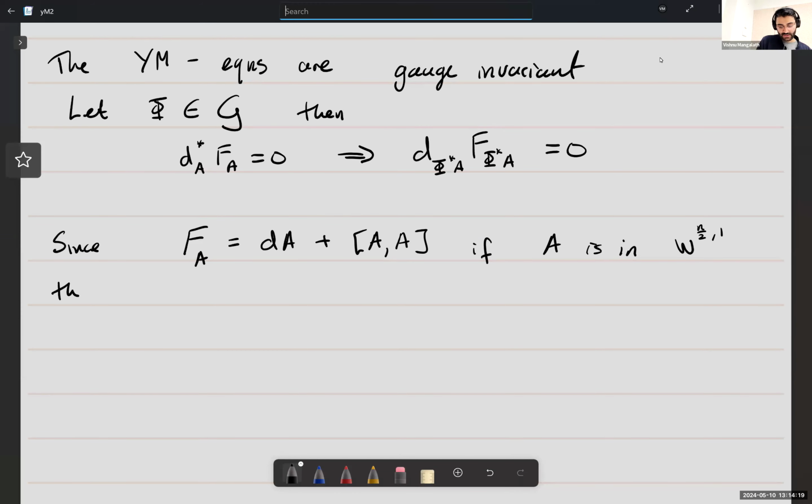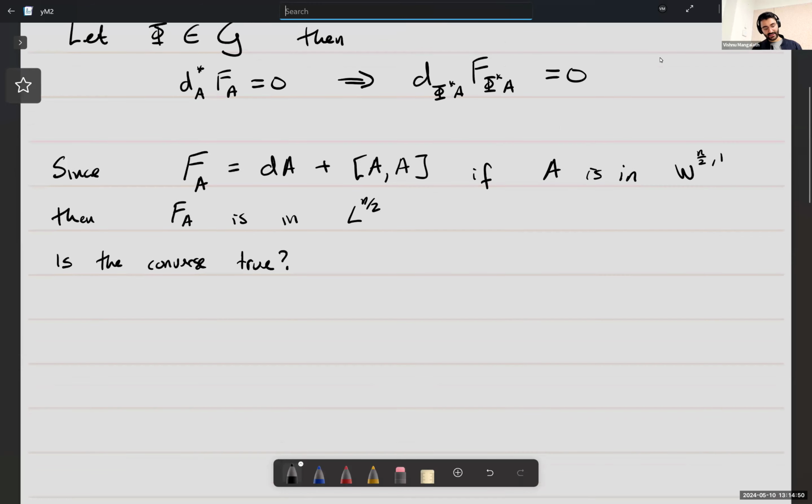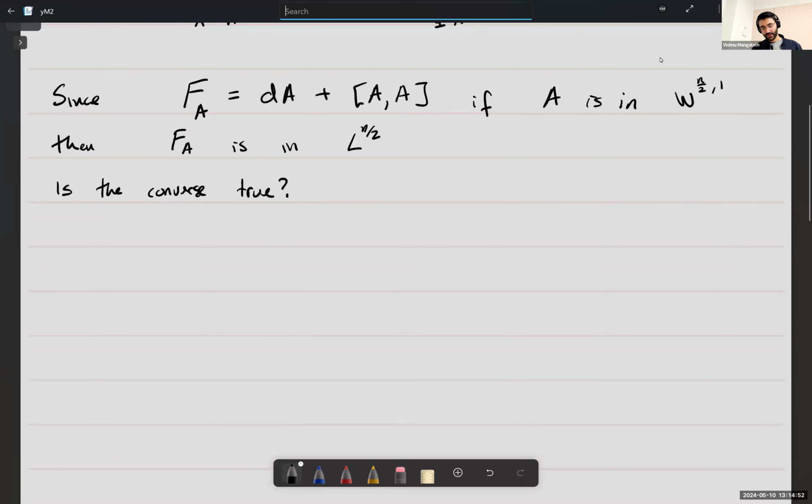Then, just looking at this equation, we can see that F is obtained by differentiating once. So you can say that F_A is in L^{n/2}. So, a question that you ask about these kinds of operators is, is the converse true? But actually, this gauge invariance exactly says that that couldn't possibly be true, because,